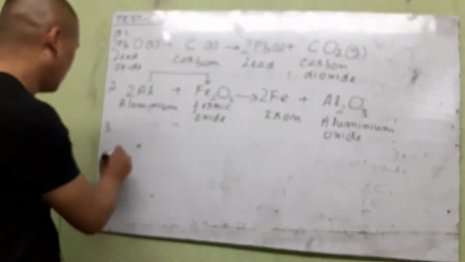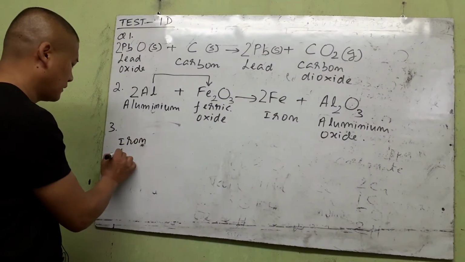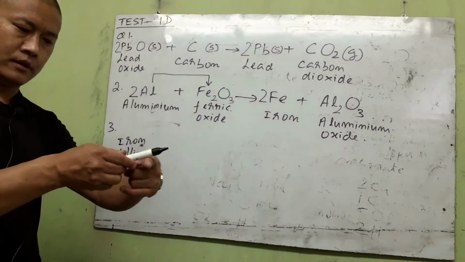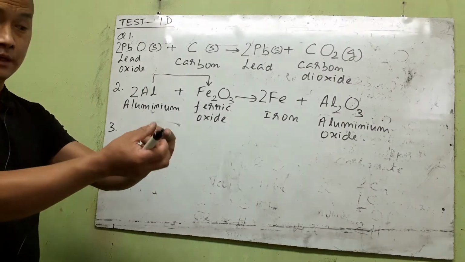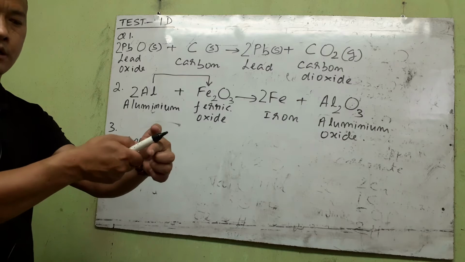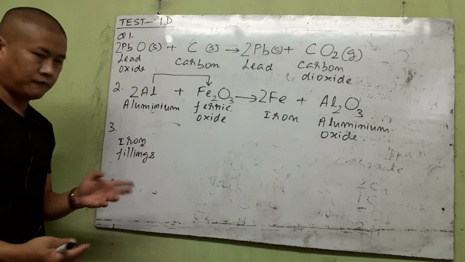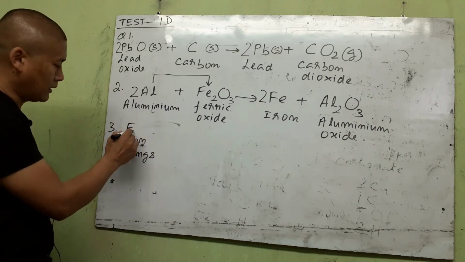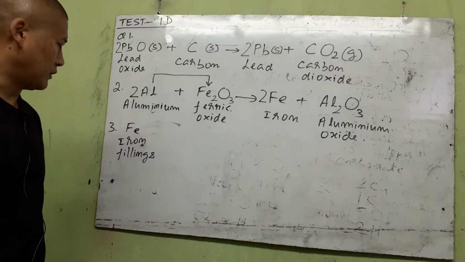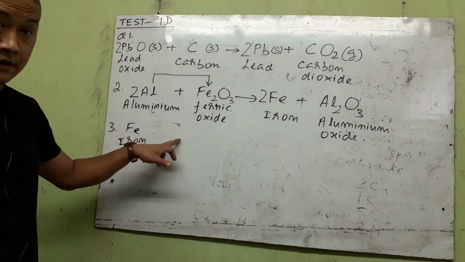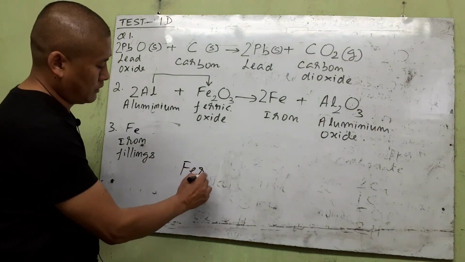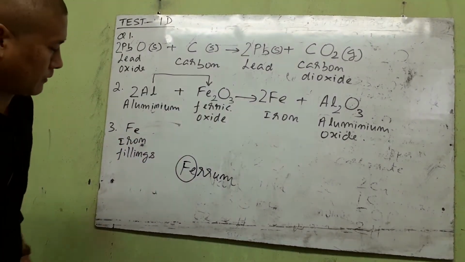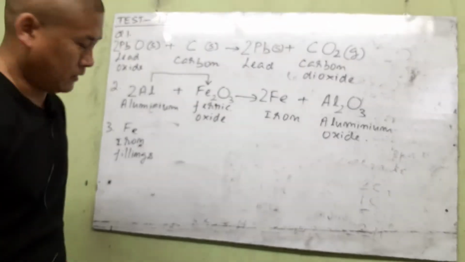Reaction of iron filings. So iron, you can write iron filings. The word iron filings simply means, suppose we take an iron nail and cut it with an iron cutter, then we get sort of iron powder, right? When we cut the iron nail, that iron powder is simply called iron filings. Okay, so iron, whether it's a big solid or filing powder form, is Fe. The symbol for iron is derived from the Latin word ferrum. Iron is English, but its symbol is derived from the Latin word ferrum, the first two letters Fe. So here is a Latin word. Okay, so here iron filings,